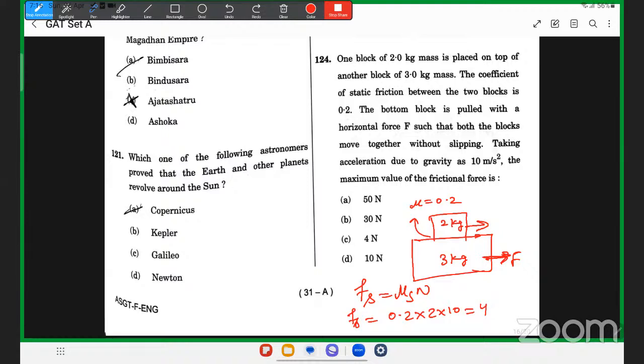The coefficient of static friction between two blocks is this, the block is pulled with the horizontal force F such that both the blocks move। अगर दोनों ब्लॉक एक साथ चलते हैं तो इसे इस डायरेक्शन में ले जाने वाला कौन होगा, फ्रिक्शनल फोर्स। और फ्रिक्शनल फोर्स की मैक्सिमम वैल्यू क्या होती है, μs N। μs कितना 0.2, N होता है mg, दैट इज मास इंटू जी, और इसका मास कितना 2, क्योंकि इसके लिए नॉर्मल फोर्स यहाँ आएगा।